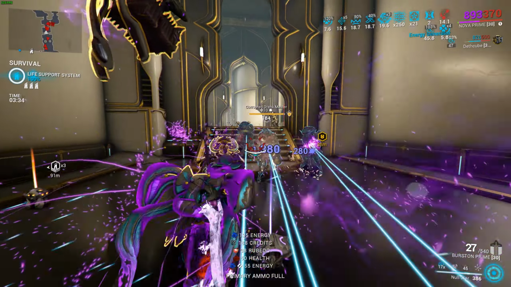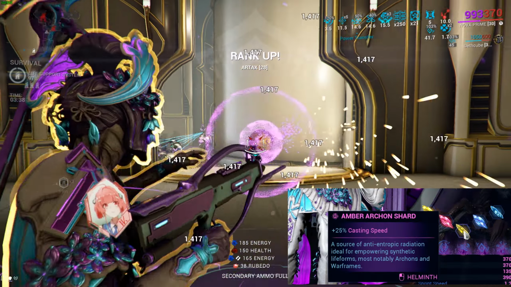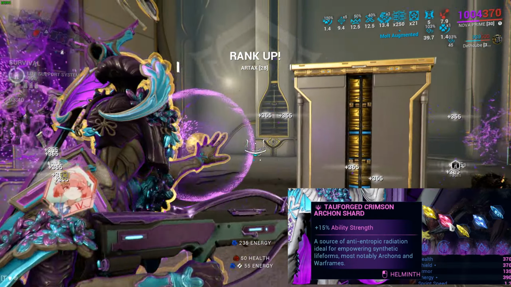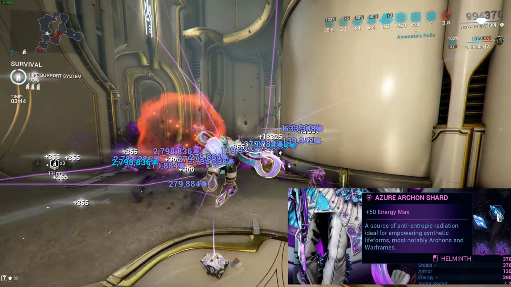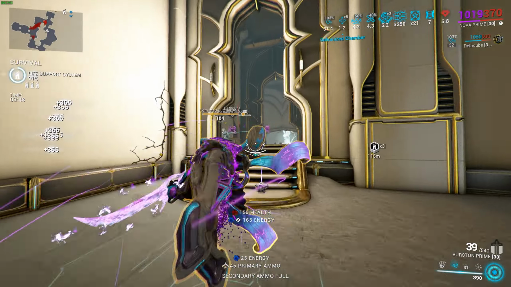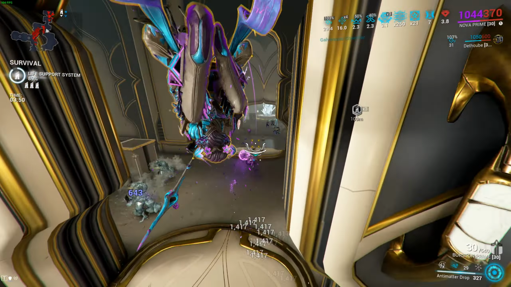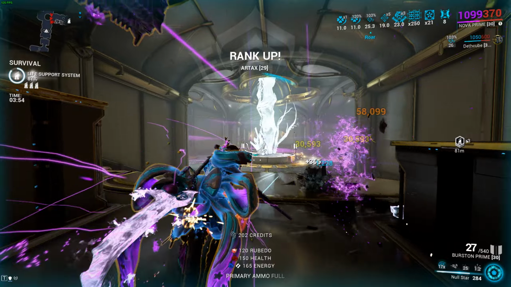But the Archon shards. We have 2 for casting speed, 1 Tau Forged one, 1 normal one giving me 15% power strength, a Tau Forged red, and then 1 Tau Forged blue and a normal blue giving me 75 and 50 energy respectively. This is where the energy is gonna come in. If you personally think this is too low, upgrade to another blue Archon shard or add in another one instead